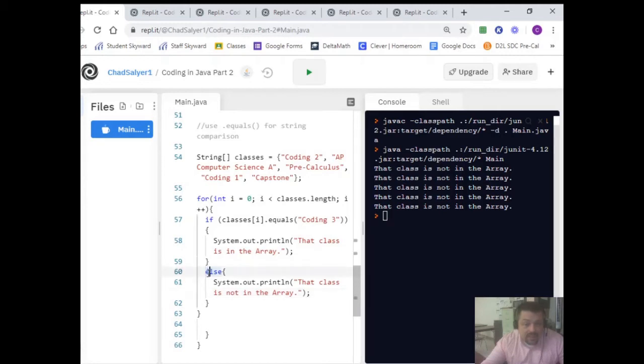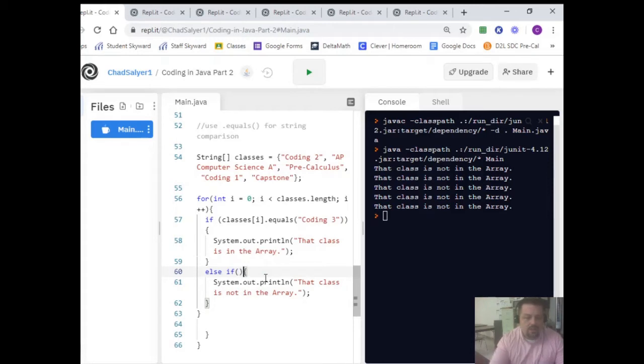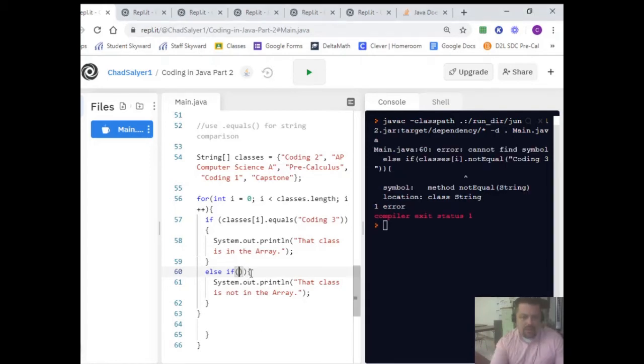So one way to fix that would be to say else if, and then I'll say, what in the world? Key got stuck again. It's not the best keyboard in the world. And we're going to say, all right, so it's kind of weird how you do this. You'll say exclamation and then the thing dot equals